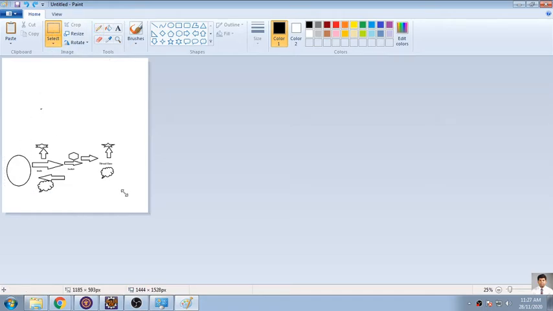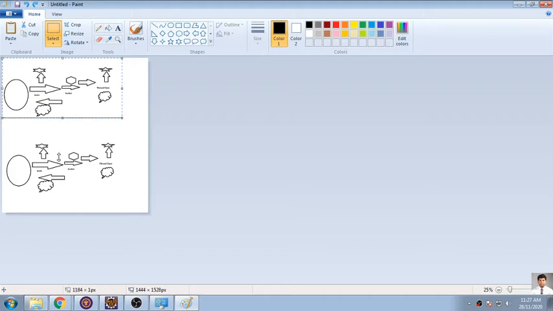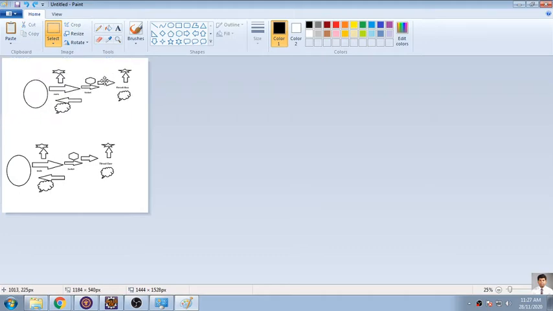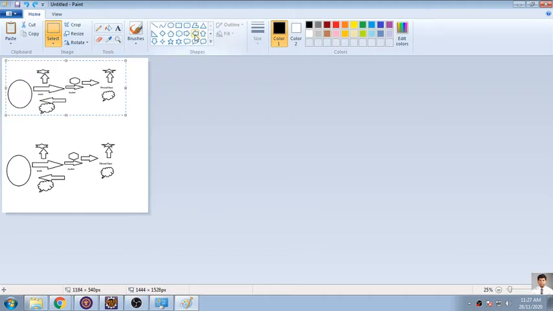So there will be a connection between the main of the client and the main of the server, and the thread of the client and the thread of the server.